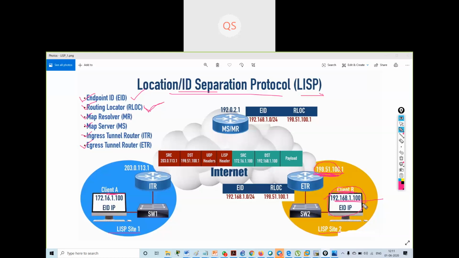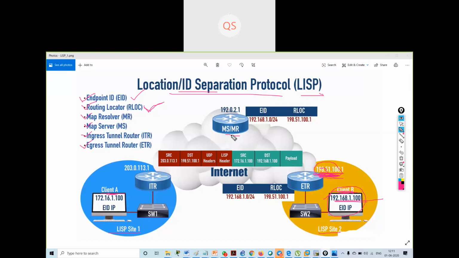Now if I'm using LISP, to reach my client B, I have to reach this RLOC router, and the way to reach this RLOC router is known by this MS or MR server. MR means map resolver.